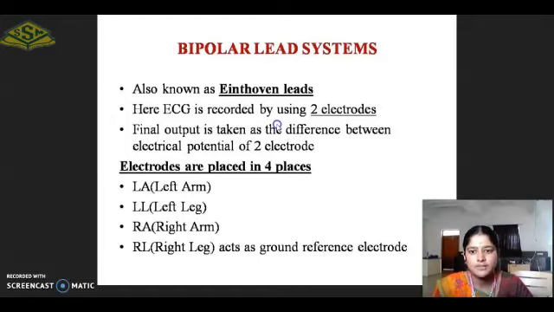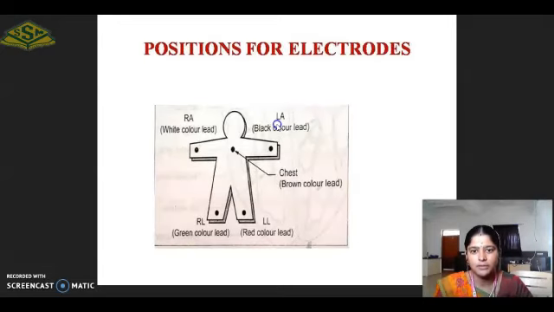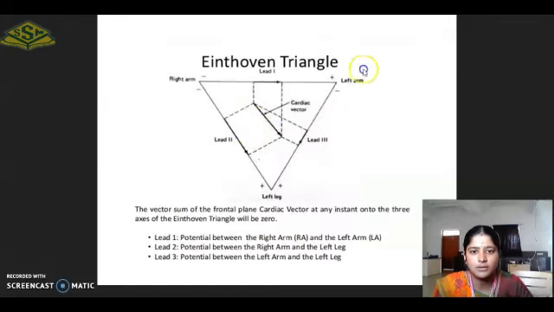Next, we are going to see about electrode placement in the human body. Generally, electrodes are placed at three places, that is right arm, left arm and left leg, and the electrode placed at the right leg is considered as the ground. This PPT shows the Einthoven triangle. The right leg is the reference or ground, so here the right leg is eliminated. The other three terminals are included, that is right arm, left arm and left leg. Here we are going to see three leads: lead 1, lead 2 and lead 3.